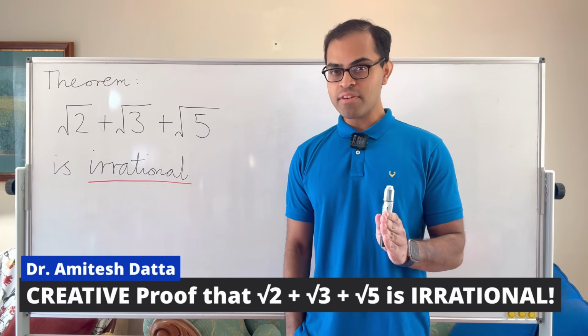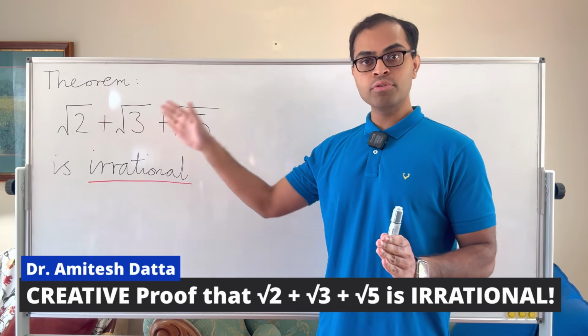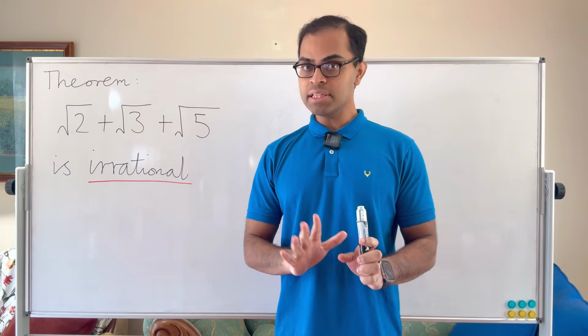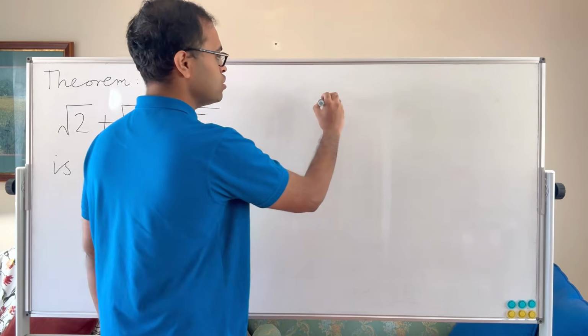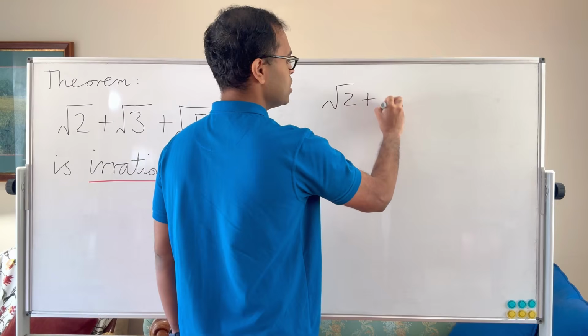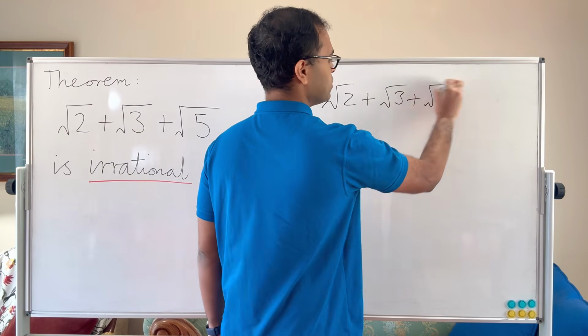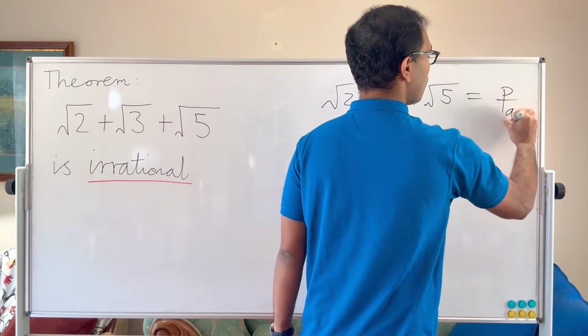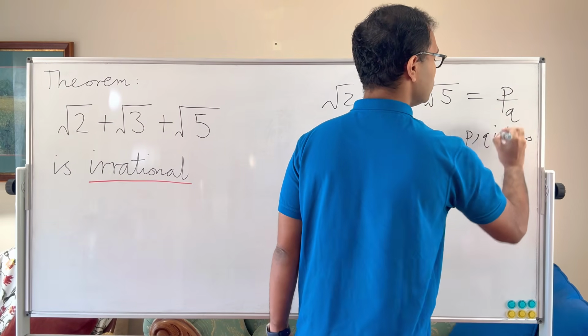We're going to give a very creative proof that the square root of 2 plus the square root of 3 plus the square root of 5 is an irrational number. That means that it cannot be expressed as a ratio of two integers, so we cannot write square root 2 plus square root 3 plus square root 5 down as p over q, where p and q are integers and q is not equal